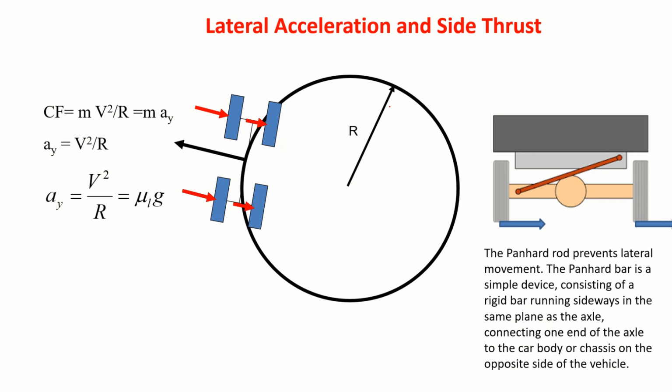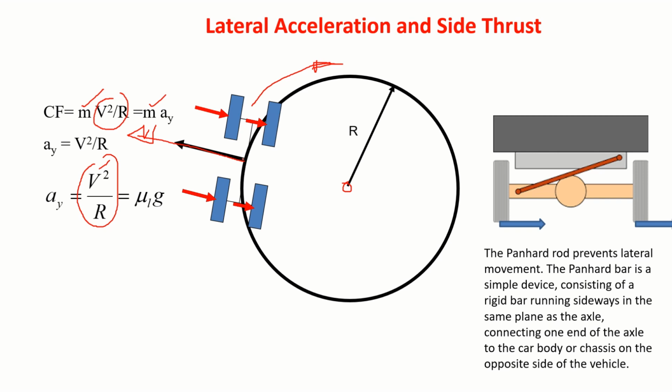Fine. Next thing is, you observe here, what's going to happen? Suppose you assume this vehicle is taking a turn like this. Whenever it is taking a turn, then there is going to be a lateral force. What is the lateral force value? Or what you call it as a centrifugal force, mass into a lateral acceleration. I call it as mass into AY. This will be trying to take the vehicle away from the center. This is what you call it as lateral acceleration value. This is the linear velocity and this is the radius of this curve.